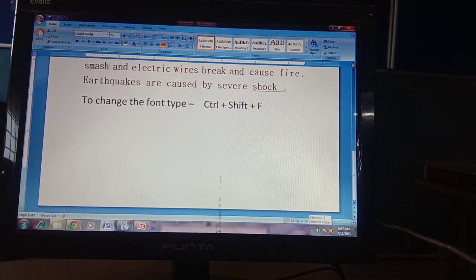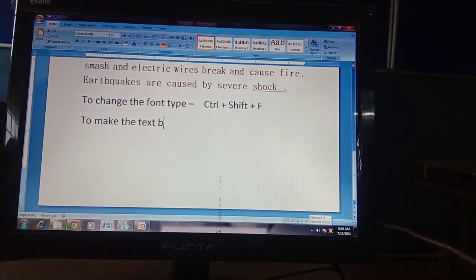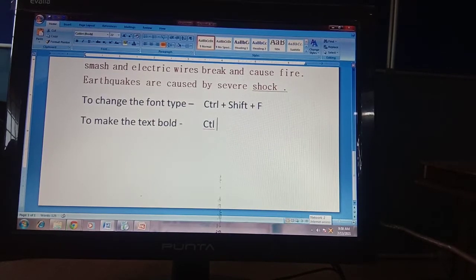Now to make the text bold, okay, so for this what we need to do? CTRL, sorry, it means control plus B, that is, control and B keys together.